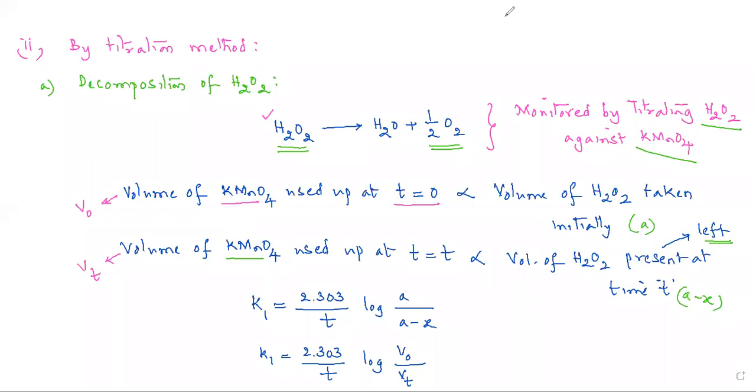Right? This is very interesting. By titrating against KMnO4, we have monitored the progress of the reaction. And see here, no information about hydrogen peroxide is directly given, only indirectly in the form of volume of KMnO4, but still we could manage to